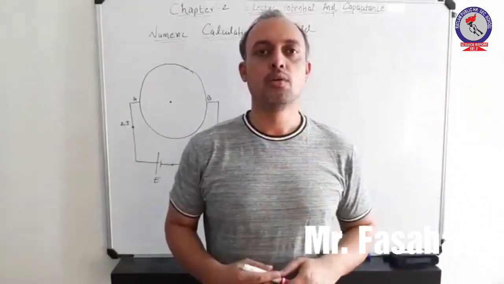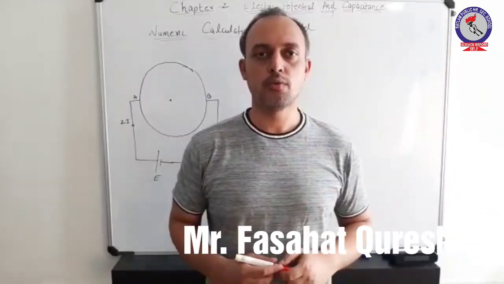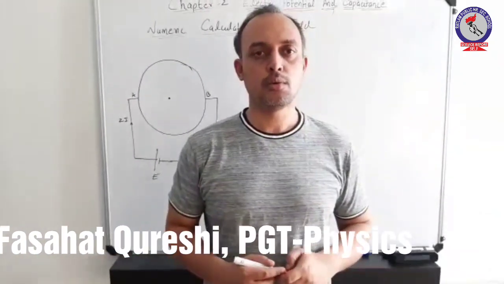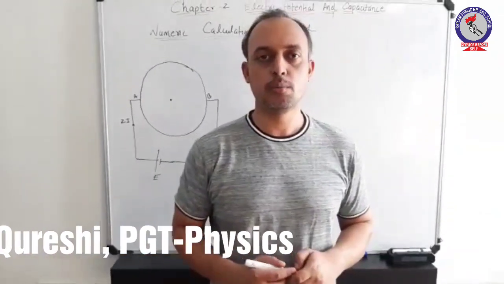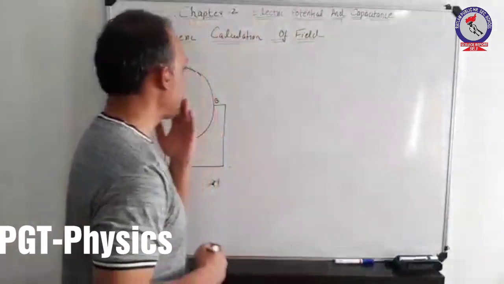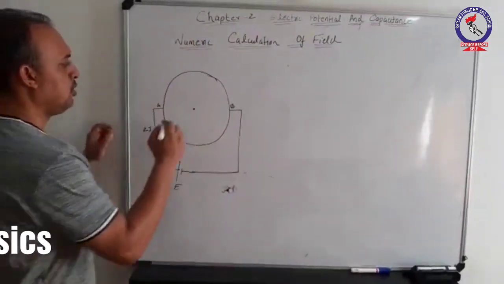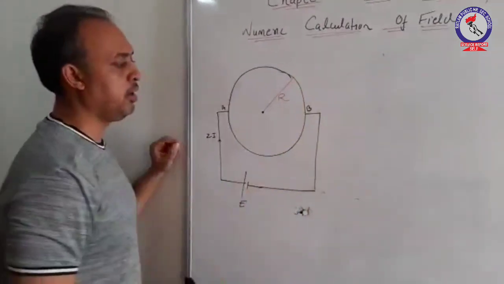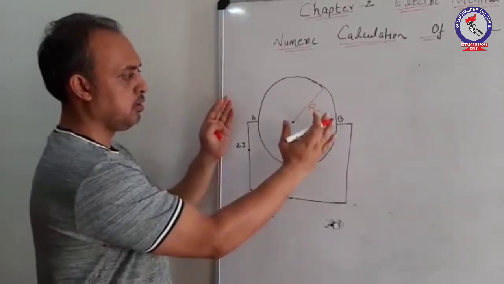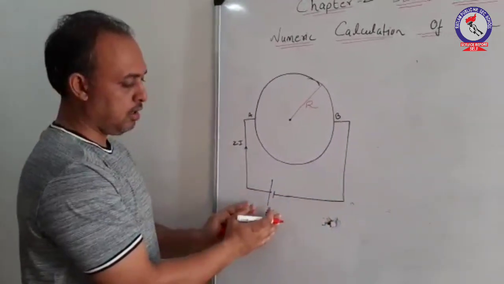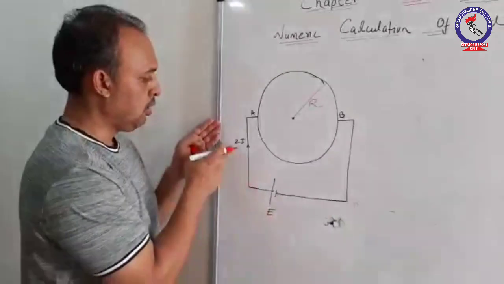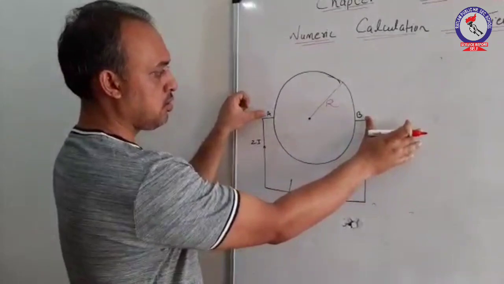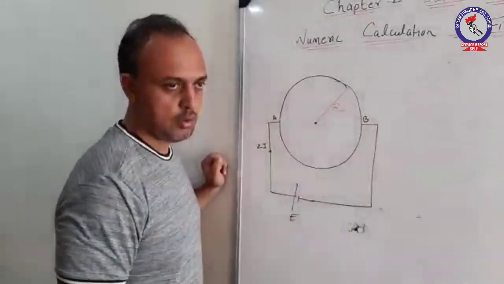In this section of my video, we will be going through a numerical on the calculation of magnetic field, and another important concept which should be remembered while calculating. As you can observe, you are looking at a circular coil of radius r, connected to a battery E which is supplying a current 2I, and the connections are made across its diameter.